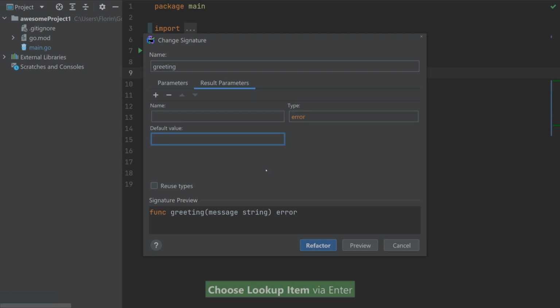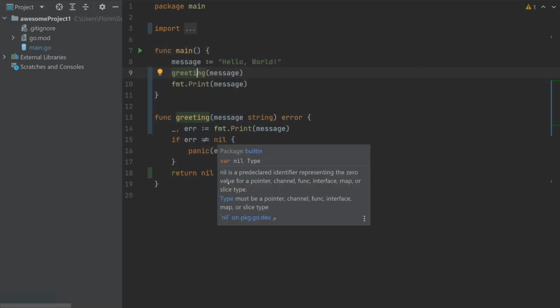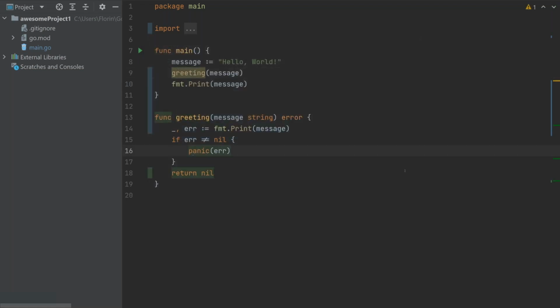By default, I can leave the value empty, and I can say, okay, do the refactoring for me. So now I can maybe have a different way to do this. I can say fmt.Errorf, and then